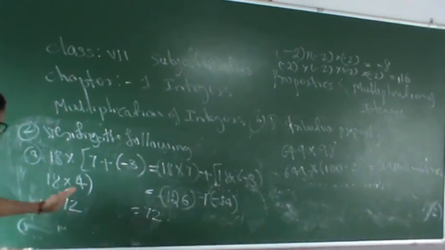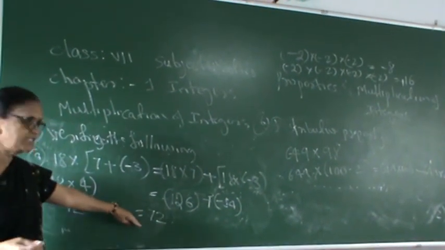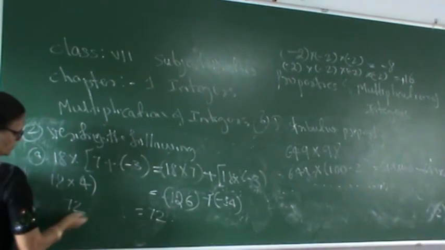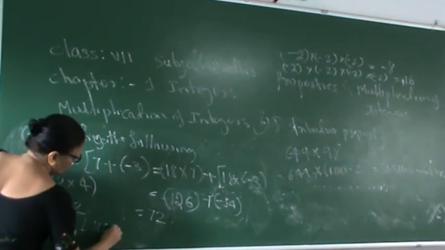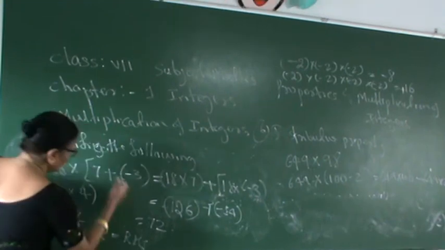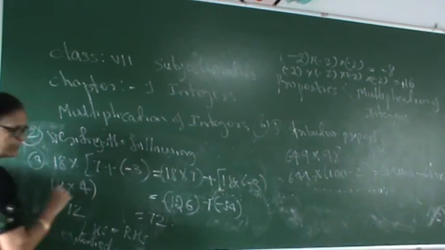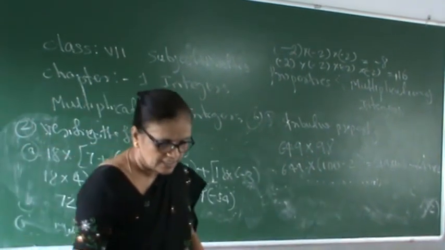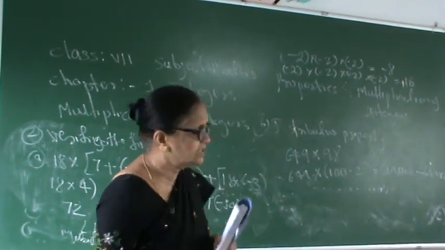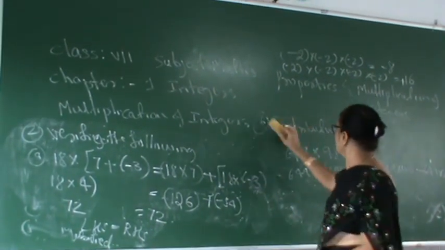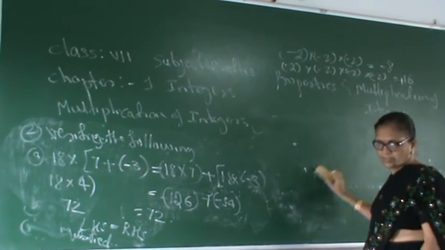So we proved LHS is equal to RHS. LHS means left hand side is equal to right hand side. So this is verified. You got LHS is equal to RHS. So the question is verified. The answer is verified. So the second question is like this. Then second bit B. B is also like this. You are showing LHS and RHS.